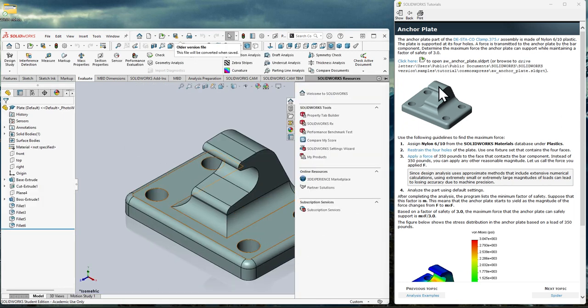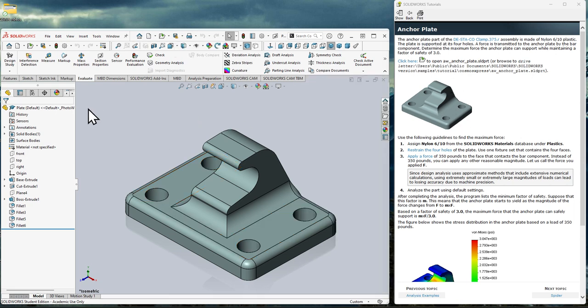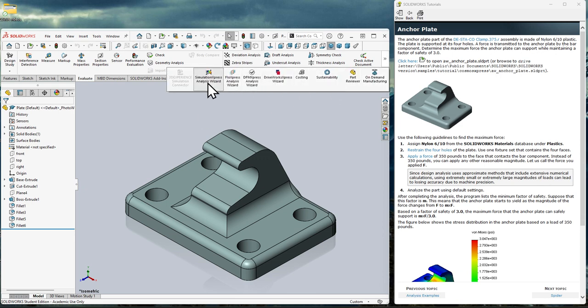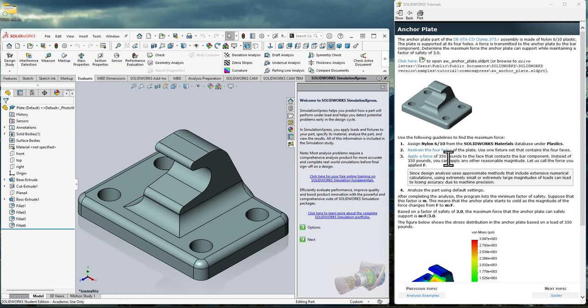So the anchor plate, the instructions get a little more vague, because the idea is you need to get more proficient at this stuff, but same as always, you just need to be able to replicate all of the same stuff. So it doesn't really matter the order that you do this in. I'm going to do it all through SimulationXpress. So I'm just going to open it up. And let's see, it's wanting me to do